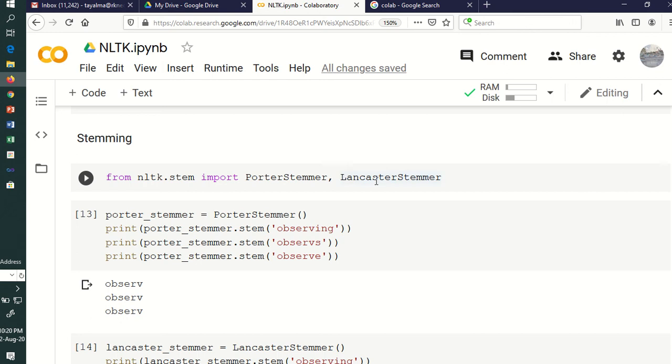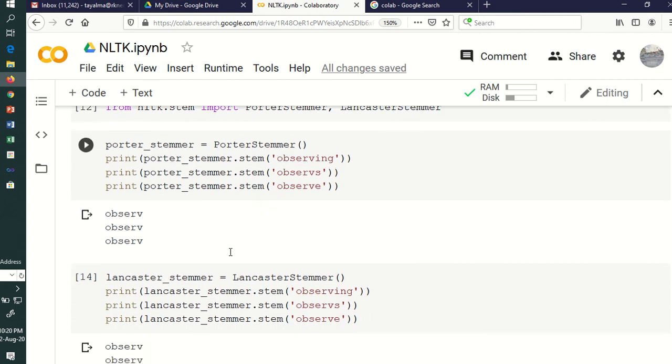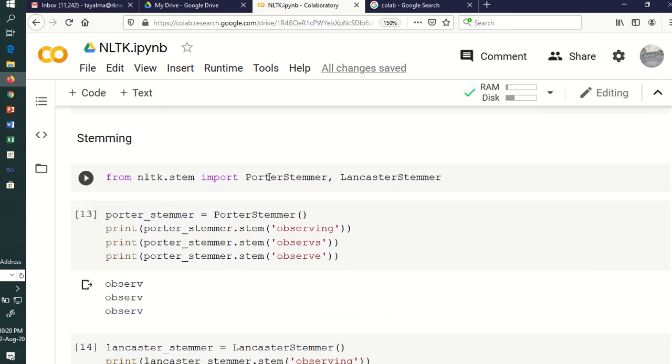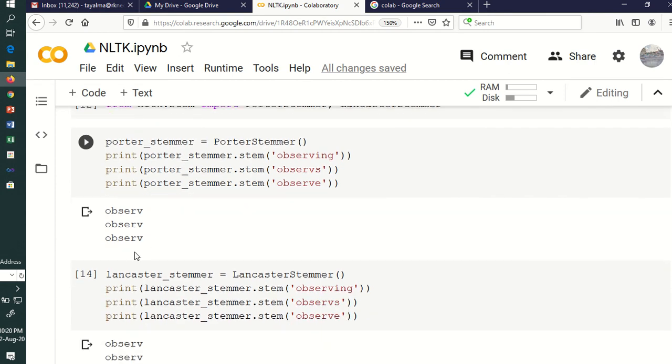I have added LancasterStemmer, and we have created the objects of both. So this was the class PorterStemmer; we created the object and now pass different words to it. We passed observing, observes, and observe, and identified what the stemmer returned. It returns observe, observe, and observe for all three cases.